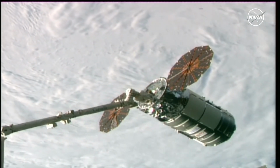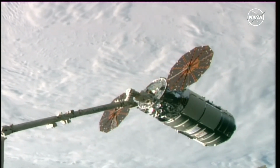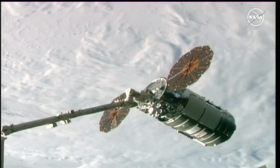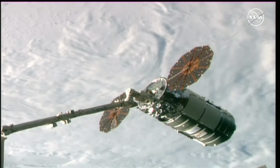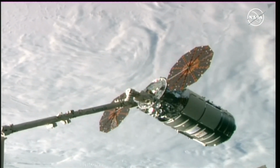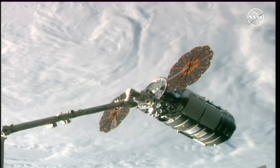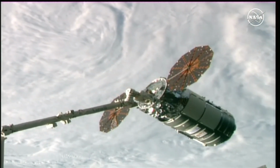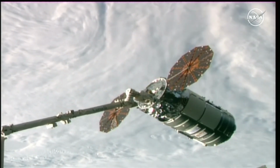So to recap the events, Cygnus lifted off atop a Falcon 9 rocket on Tuesday, January 30th. It successfully performed a number of burns to get the spacecraft to all of its checkout markers. First, the 250-meter hold. Here, teams noticed an issue with one of its backup communication systems, and the issue was resolved. It went on to the 30-meter hold and finally into a position for NASA astronaut Laurel O'Hara to robotically capture